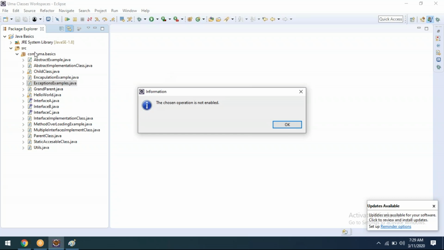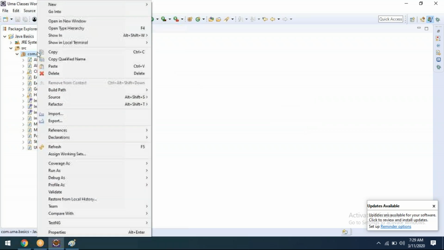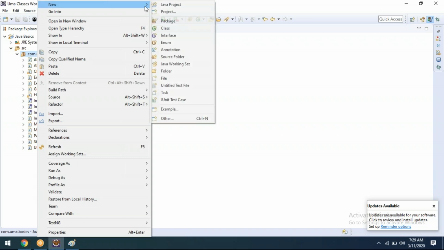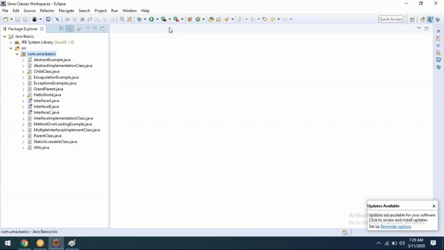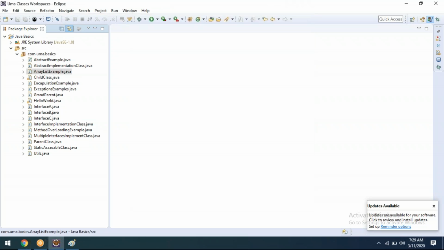Now we are just creating our own class, and on top of that, we are going to use the predefined classes. Let me create a class for the array list example. Here I need a main method.